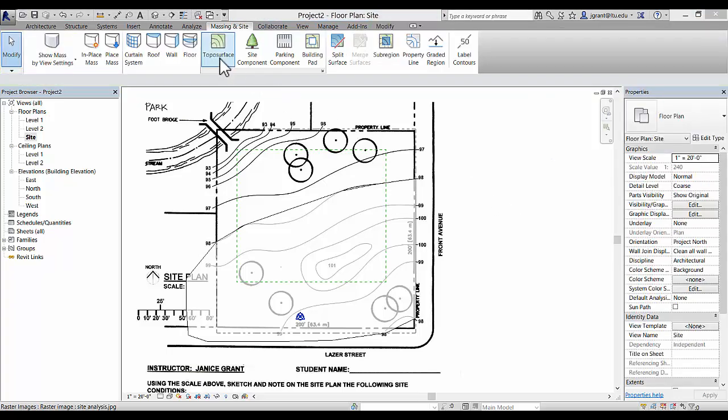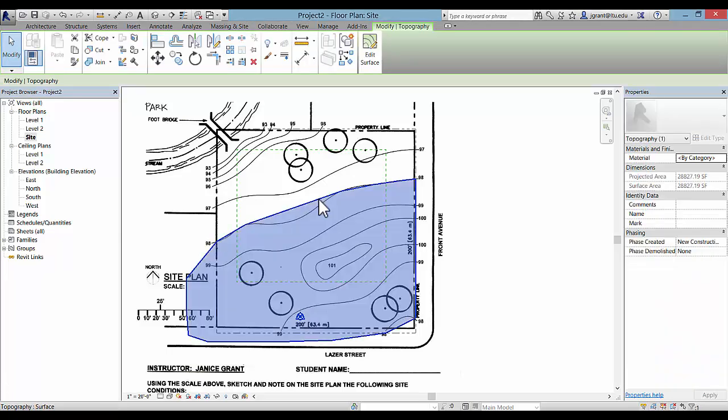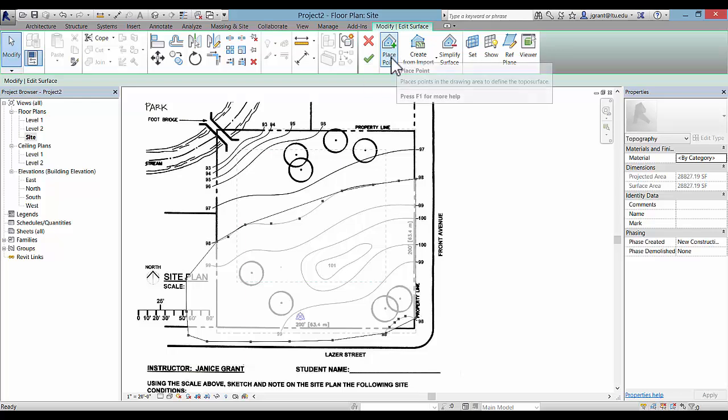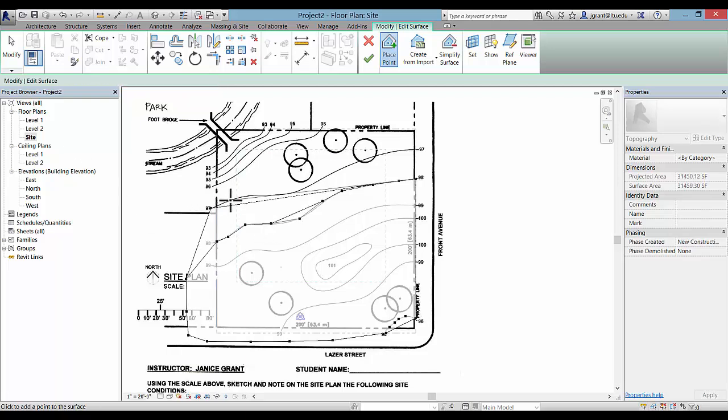It's important that you don't go back to Toposurface to add to this topography, because you'll be basically creating another separate layer of land. So instead, let's click on the one that we've been working with here for the 98 feet and pick Edit Surface. Now we can pick Place Points and change our number to 97 so that we can continue here down this slope. I'm going to pause the video so that you can place the 96, 95, 94,